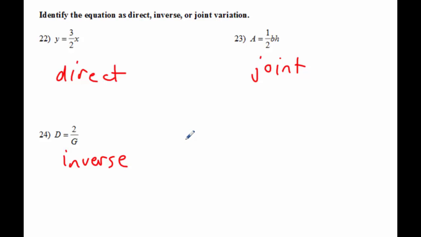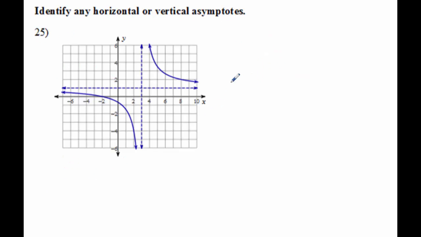And 25, I think, should be easy. You're just looking for where your horizontal or vertical asymptotes are. So our horizontal asymptote, remember, is y equals something, and it's this horizontal line at y equals 1. The vertical asymptote is the vertical line here at x equals 3. And I do want you to put y equals and x equals